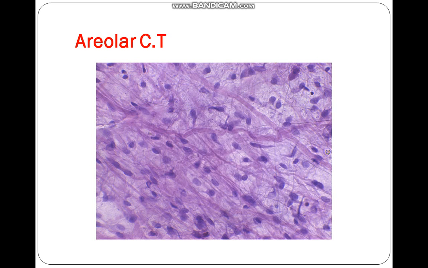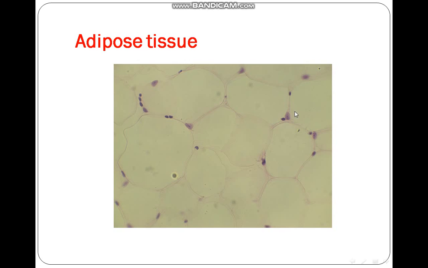Starting with the areolar connective tissue, as you see, it is made of loose tissue with abundant ground substance and different types of fibers, as we mentioned earlier, including collagen and elastic fibers, and a high cellular proportion. Another type is adipose tissue, also considered a type of loose connective tissue, made mainly by